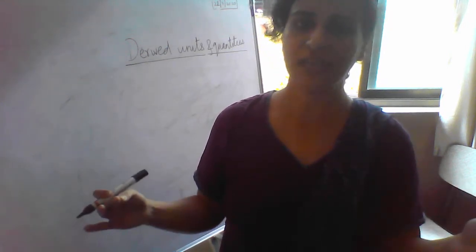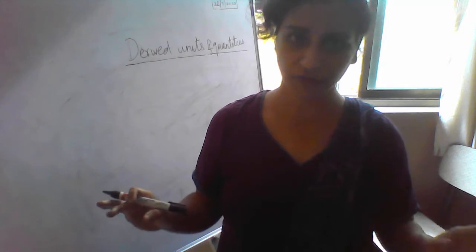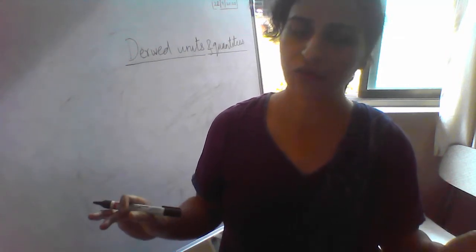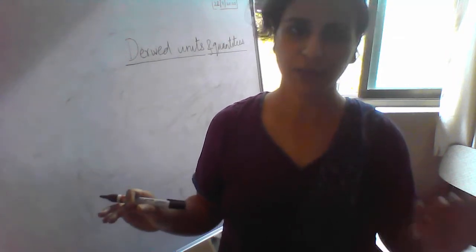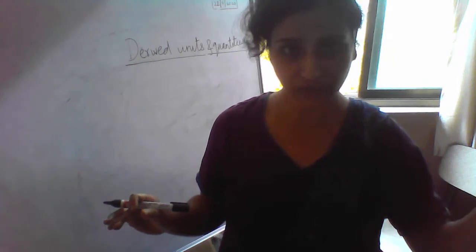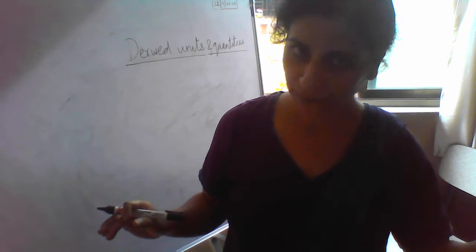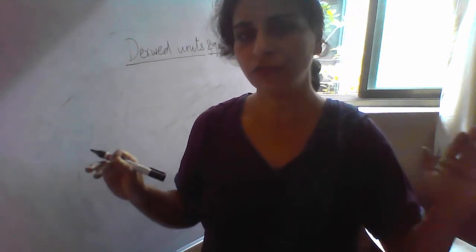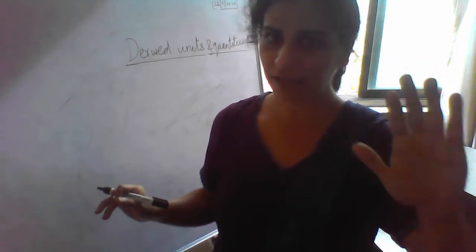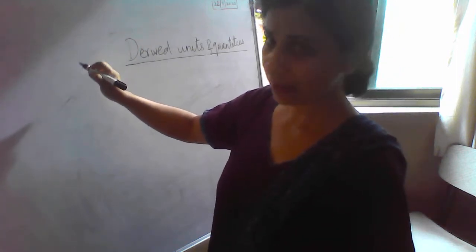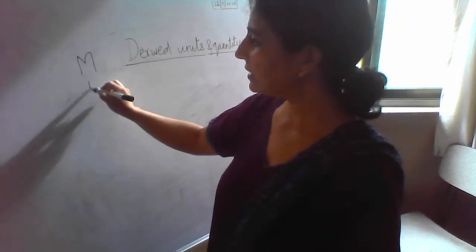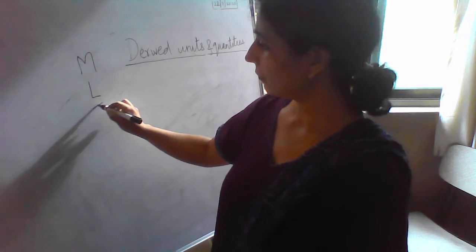The ones we need most are 5 of them. We don't use amount of substance much in physics because it's more related to chemistry. We also no longer use luminous intensity, candela. So we are going to focus on the 5 basic ones. Let me rewrite it here: mass, length, time.